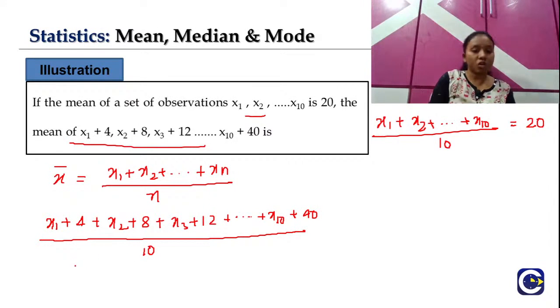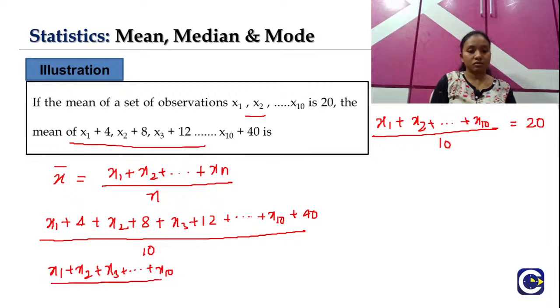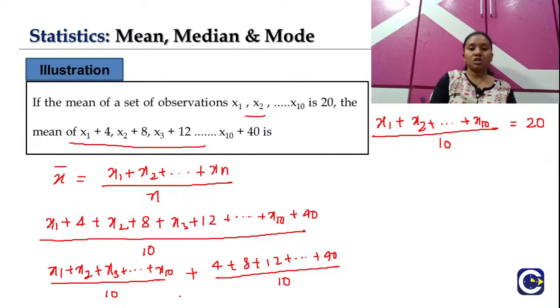Right. So here I can take all my x terms together on one side. That means x1 plus x2 plus x3 plus and so on, x10 divided by 10 as one part, and then the remaining terms as another part. That means 4 plus 8 plus 12 plus and so on, 40 divided by 10. So now here you can see x1 plus x2 plus x3 and so on, x10 divided by 10. In this entire place we can substitute 20, as that's the given information. So 20